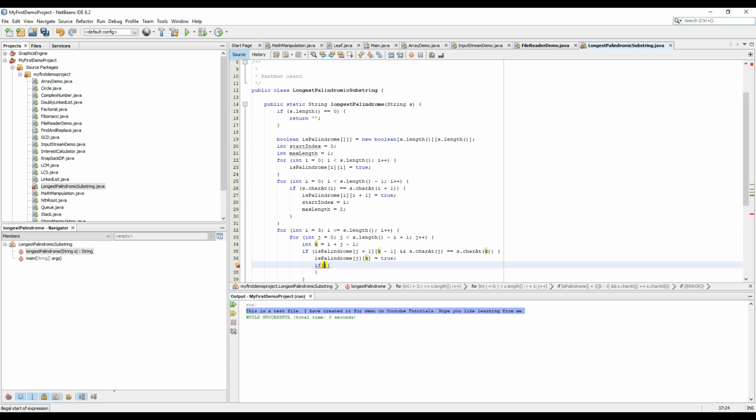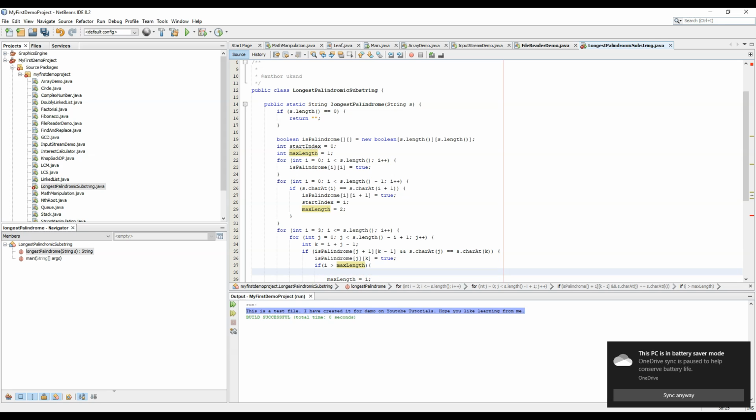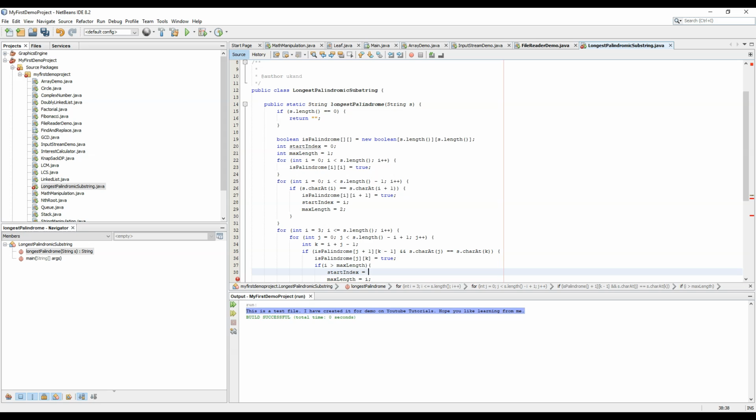And now we will decide the max length. So if the current length i is greater than max length, we know that max length would become i, because the case is true, it is a palindrome, and start index equals to j.